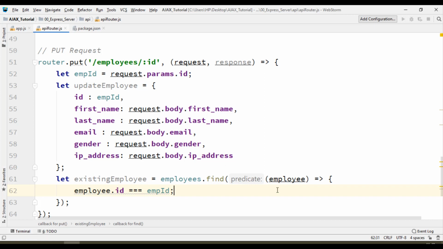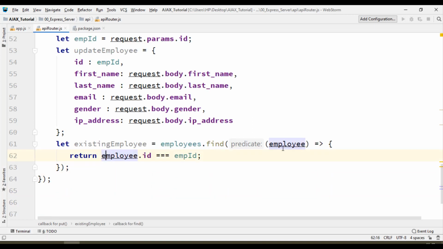So if we do this find with this condition, it finds which employee ID in the employees array matches the given employee ID. So that existing employee we will get, and then we have to replace it with the update employee at the existing employee index.